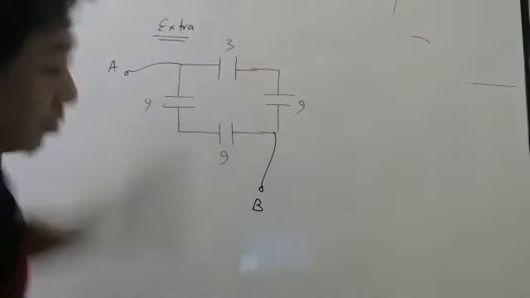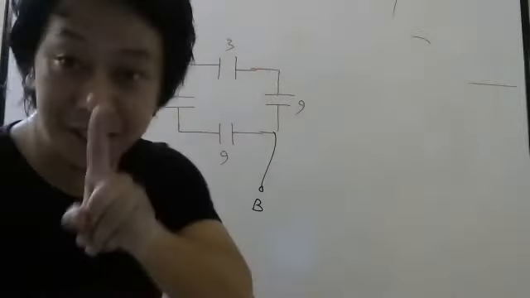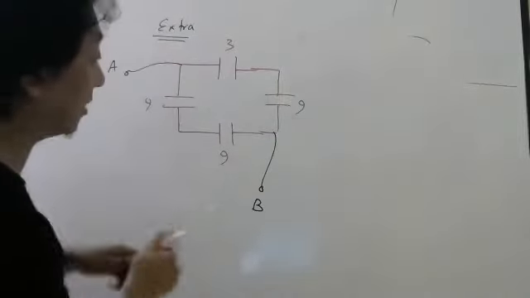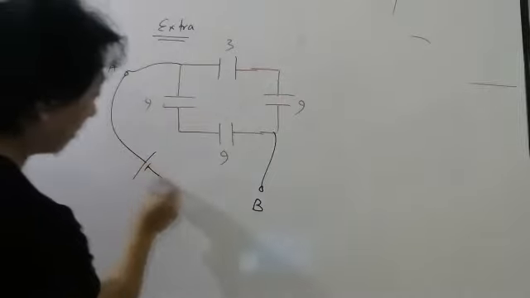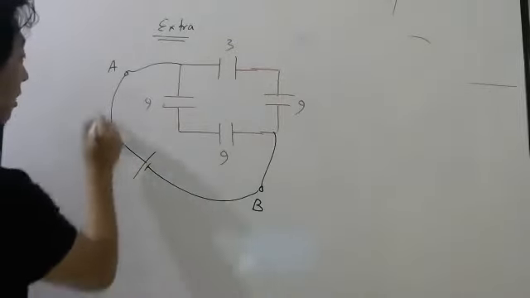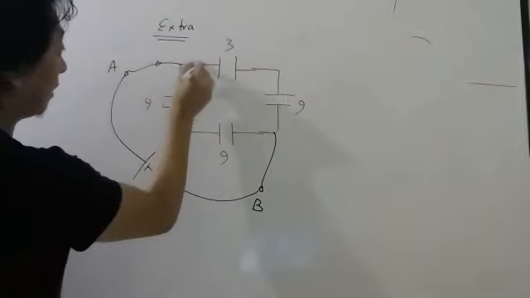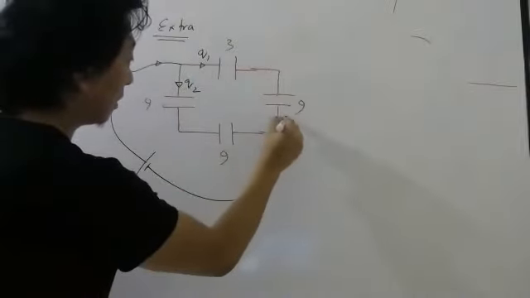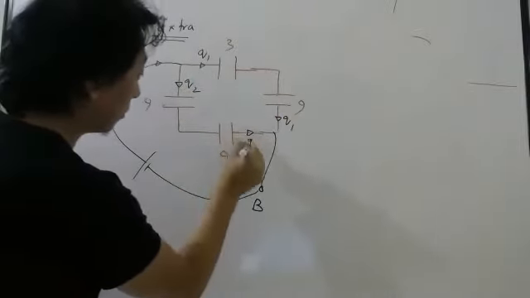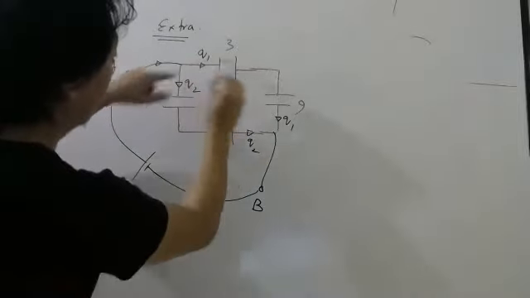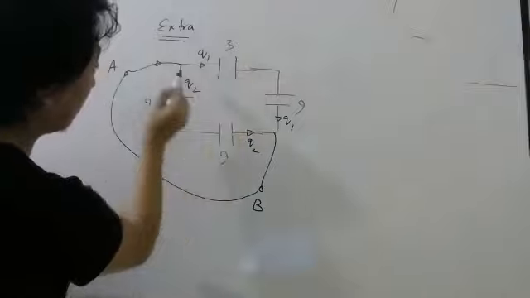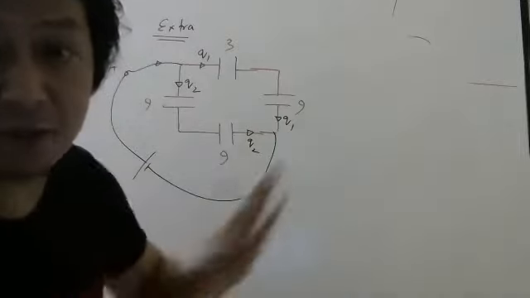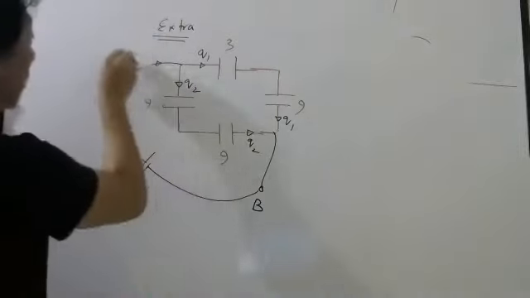So this is extra question. Okay, so this one how to do? Again, students, see, circuit is same, but capacitance will now change. Why it will change? Because you have changed the terminals. So now think there is a battery here. If there was a battery here, how will the charges flow? Charges will come like this, and then divide here Q1, divide here Q2, and here Q1, Q1, Q1. So here Q1, here Q2, Q2, Q2, here Q2. So you can see these two will have no junction. These two will carry same charge. These two will carry same charge.